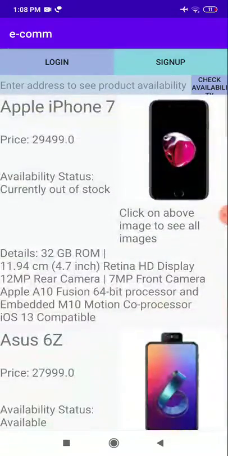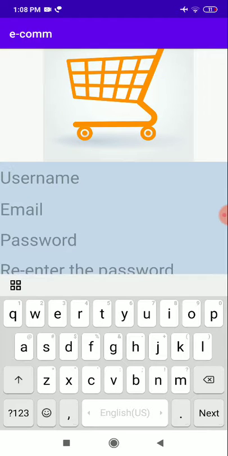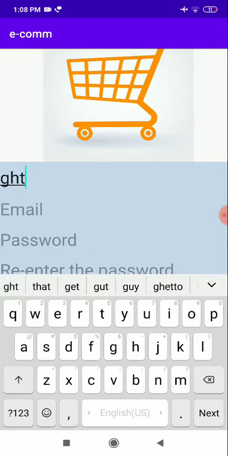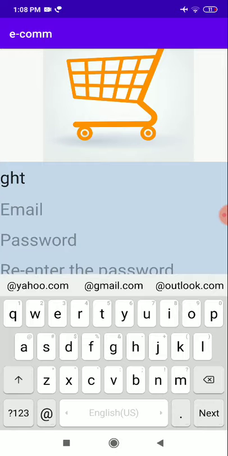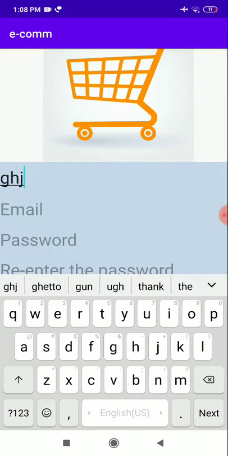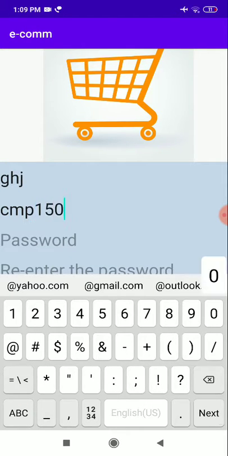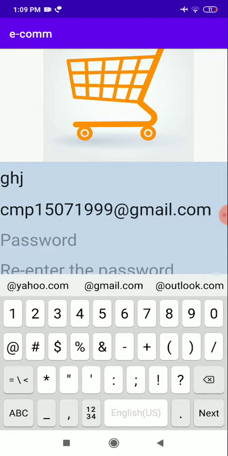So we will start with sign up. For the username, you can have any username, GHT, or something easy so you will not get confused. This is my email address.